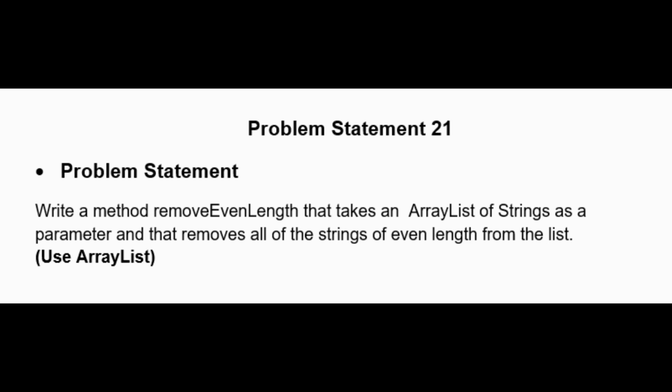Use ArrayList. So if you take a list of items, and the items having an even number of letters, like, I would say, fear, which contains four alphabets, it will be removed by this method. So let us see how